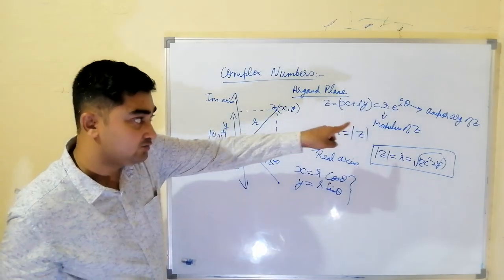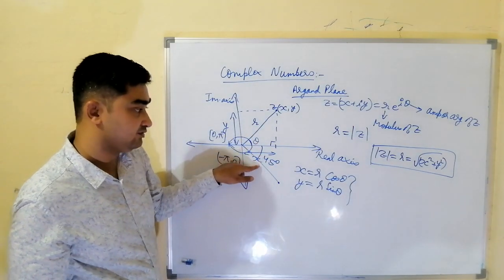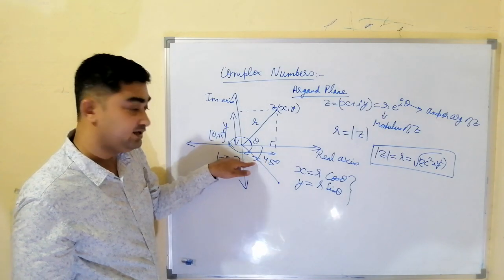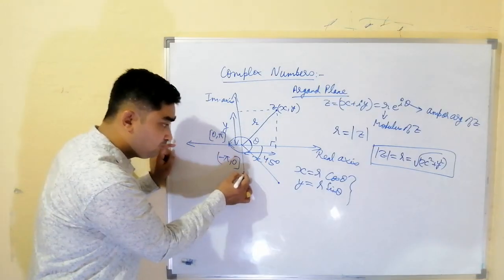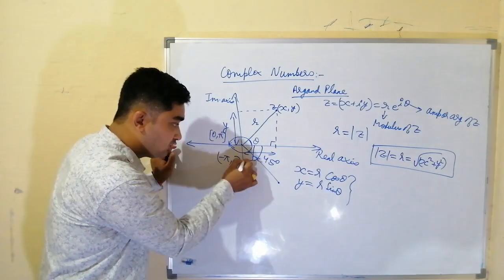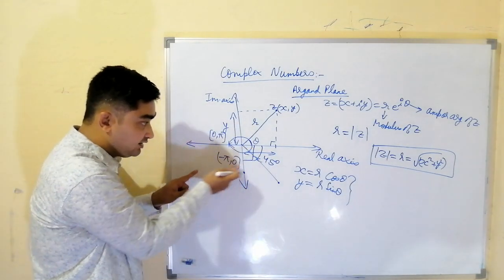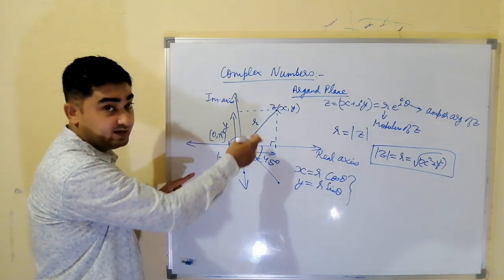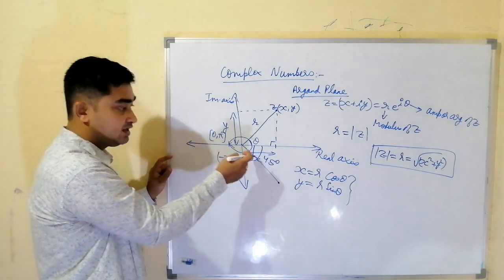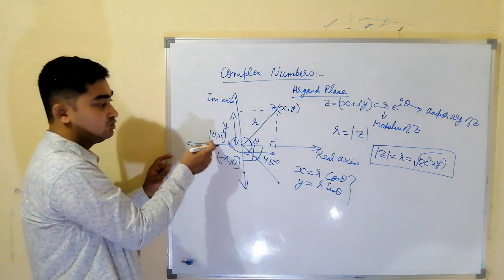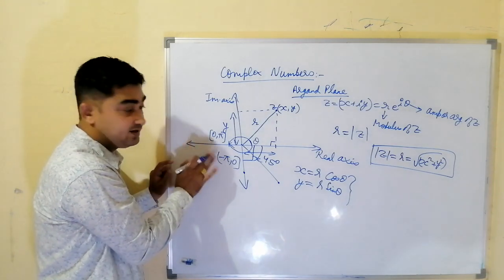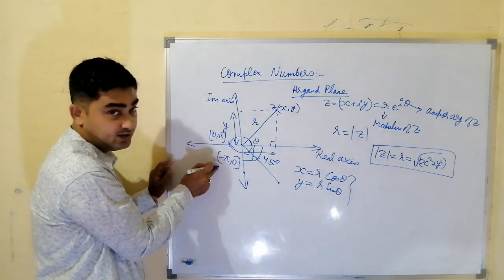That means if the complex number is in the fourth quadrant and this angle is 45, then the amplitude of the complex number is minus 45. If the point is here, then the amplitude of the complex number is minus pi by 2. In the third and fourth quadrant, we measure it in negative: 0, minus pi by 4, minus pi by 2, minus 3 pi by 4, minus pi. But it is never minus pi because here we have an open interval.